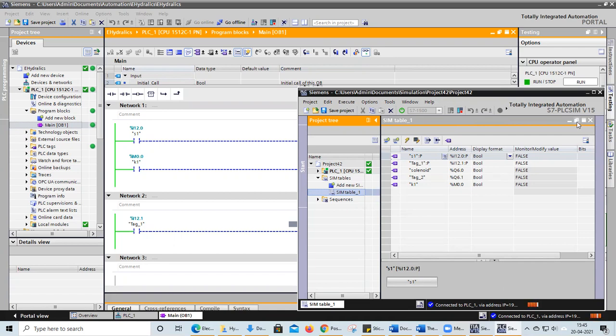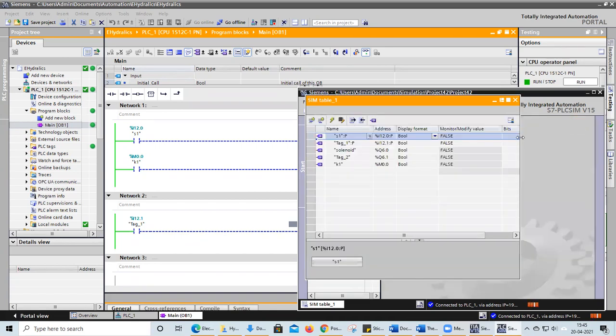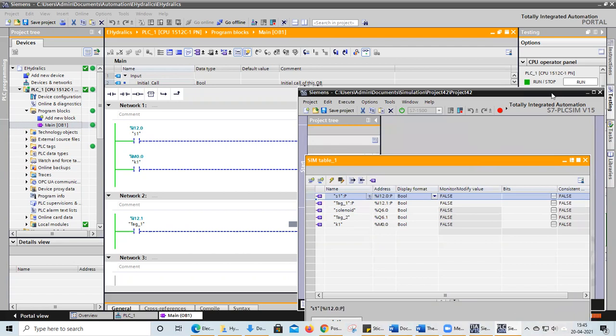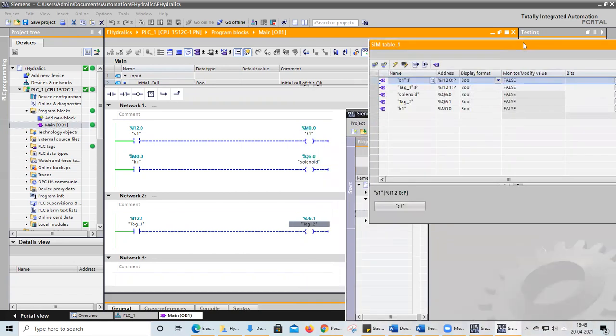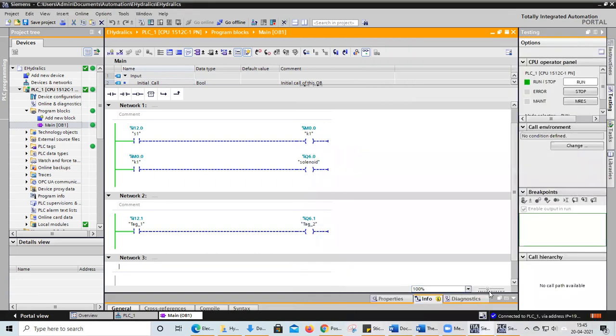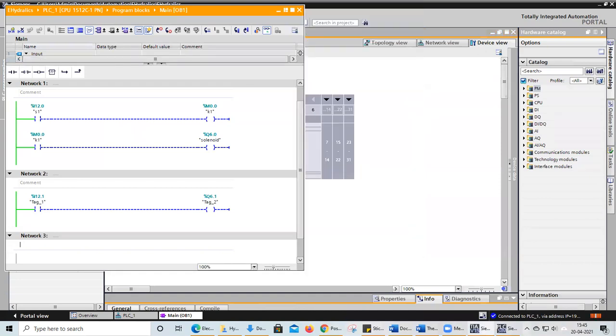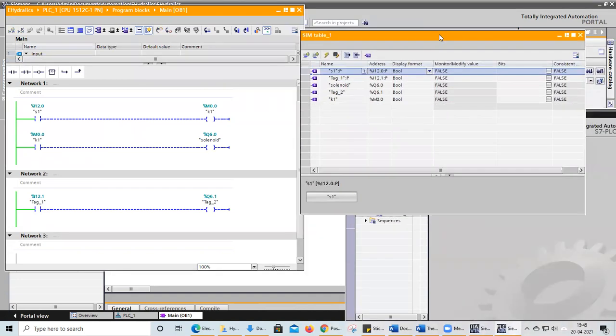Now my task is to check whether my circuit is working or not. I will verify it here. So I will turn on my S1 bit.